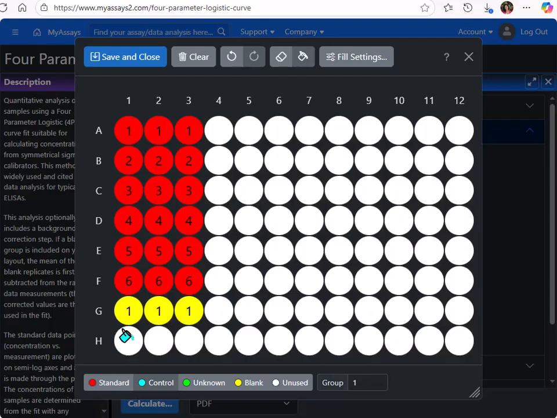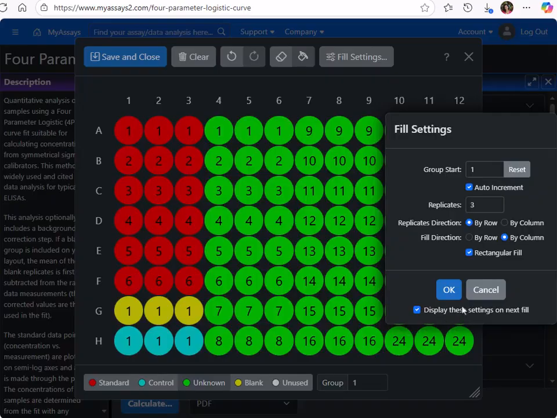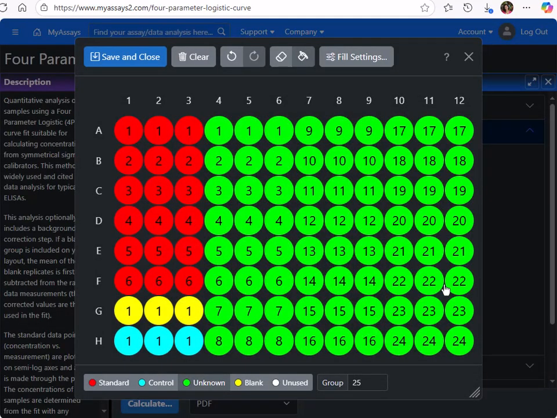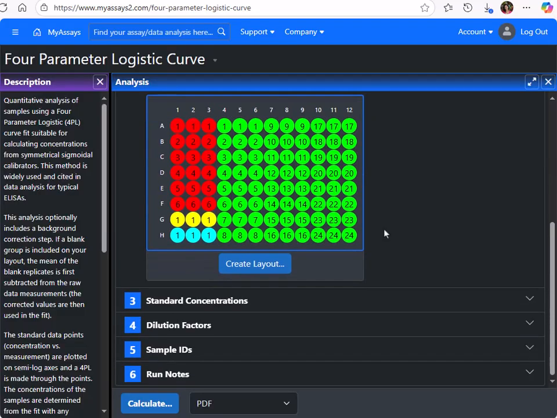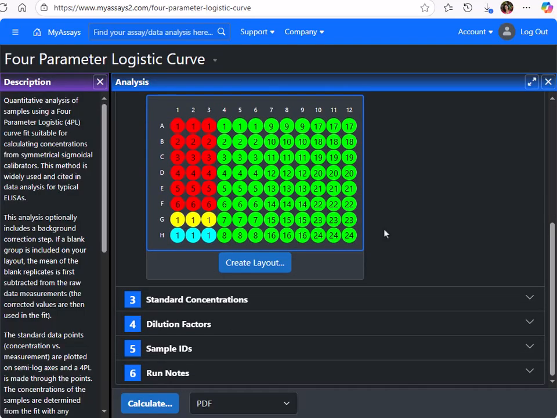control group, and fill the rest of my plate with unknowns. Once my layout matches, I'll press Save and Close. Now we can go through the remainder of the tabs to make any changes necessary. To customize this for my analysis, I'll quickly update the standard